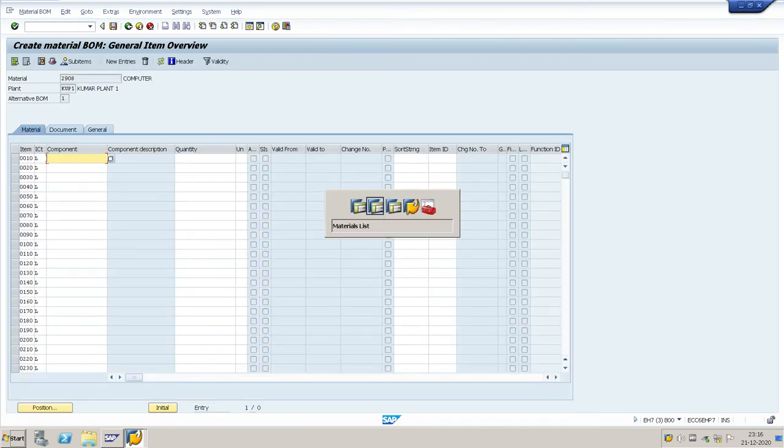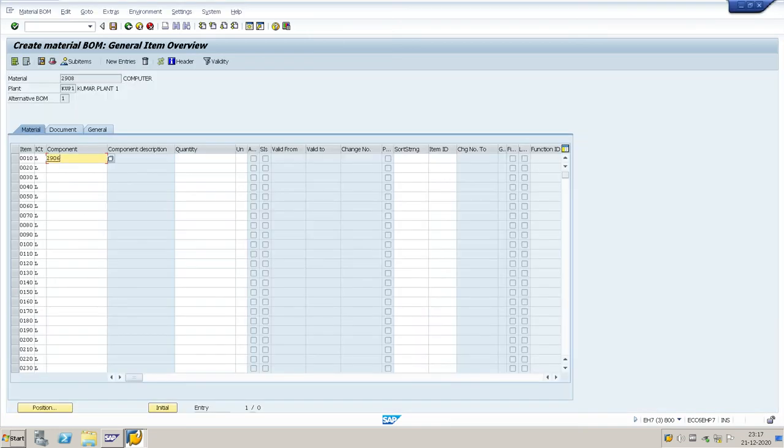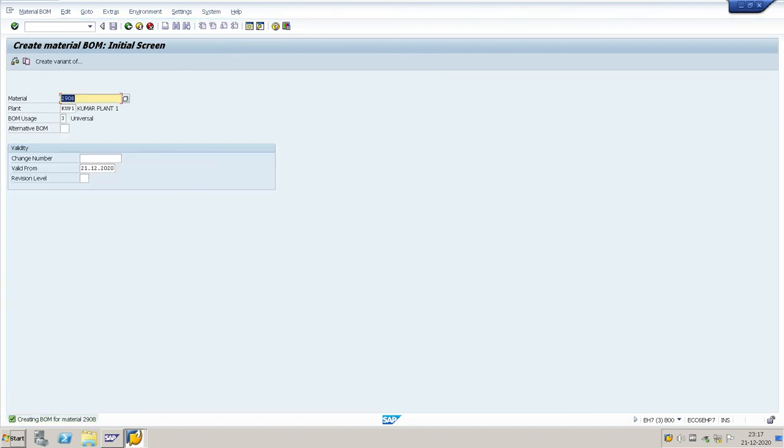Inside, we put the components, which are the components we send to the subcontractor: 2906 and 2907, and the quantity you want to send. Enter. Save. The BOM is created.